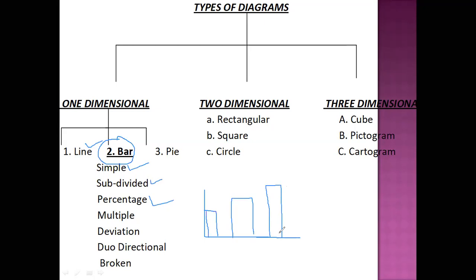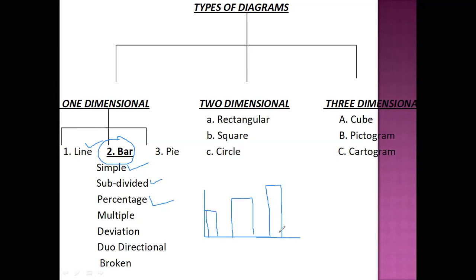it is used for comparative study of two or more aspects of a single variable or single category of data. Single variable or simple classification or single category of data is represented. For example, the data relating to profit, sales, production, exports or imports, population, like that. That is known as simple bar diagram.